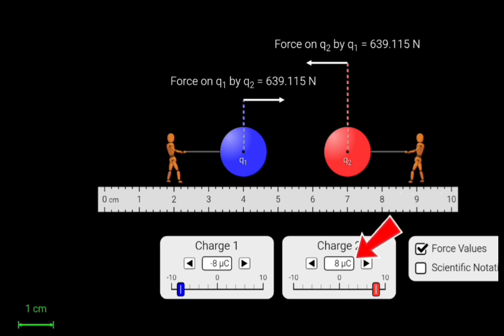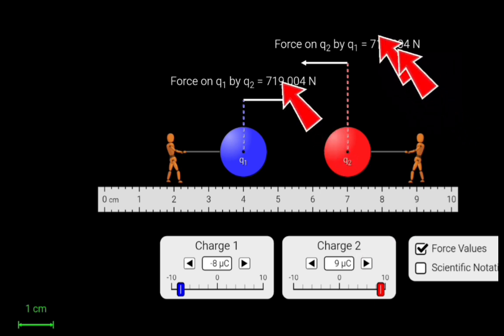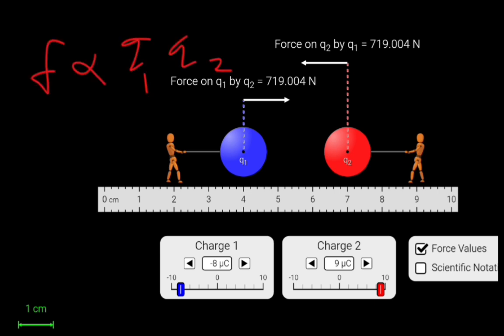If I also increase the quantity of charge on Q2, which is at 8 microcoulombs, let me increase it to 9 microcoulombs. You can see that the force of interaction between them is now 719.004 Newton. So this proves that the force of interaction between two charged bodies is directly proportional to the product